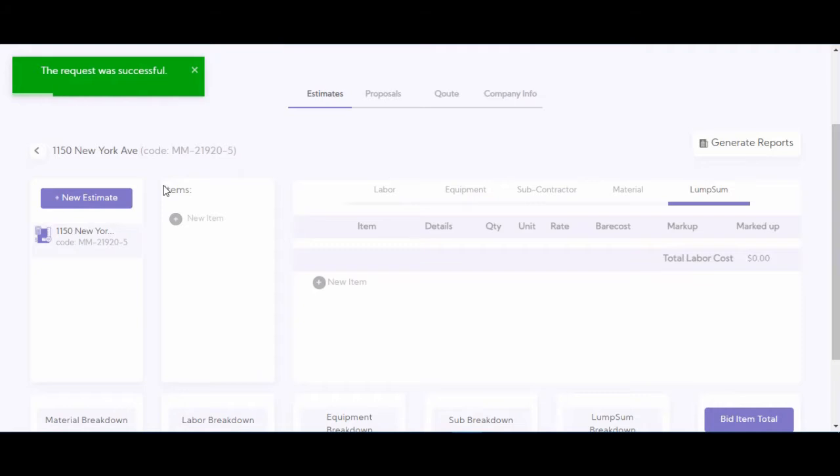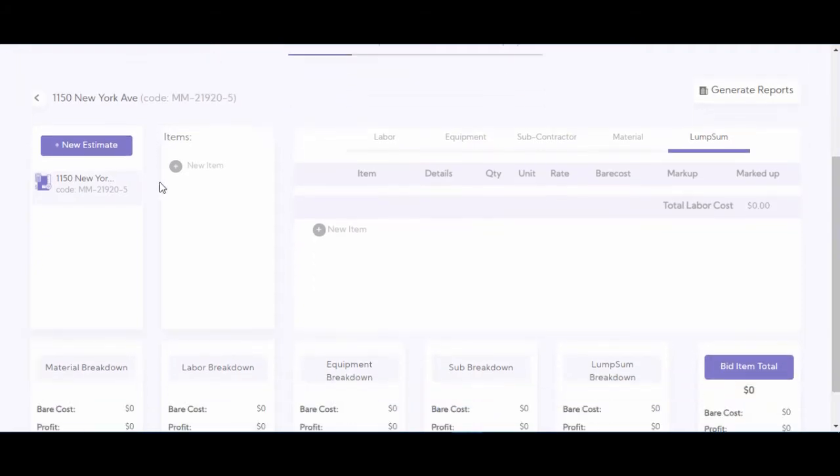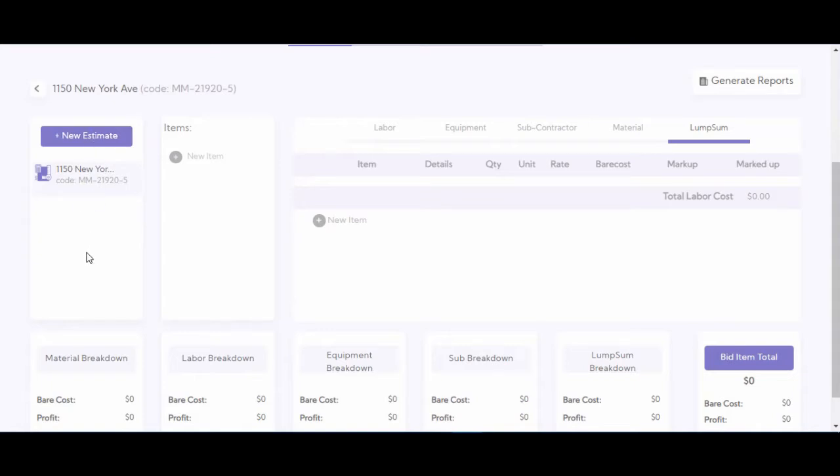As you can see, when you create the estimate, you come to this page, which is the estimate page. Here in this section, you have access to all of your estimates. Right now, we only have one of them. And the software calculates the estimate based on the items that you enter here. So for each estimate, you have to enter items and then enter the information for each item so the software could calculate the estimate. Let's say we want to start a new construction project from scratch, and what we have